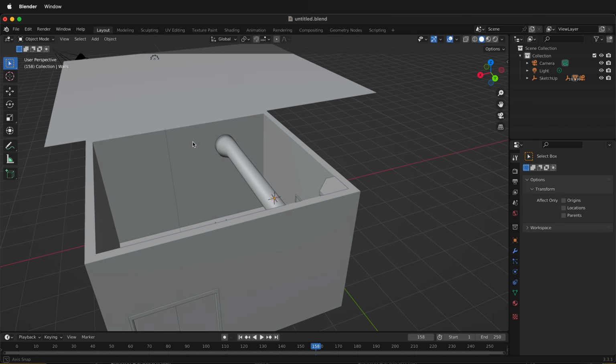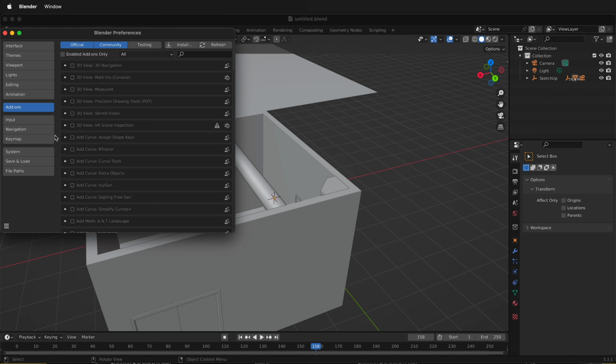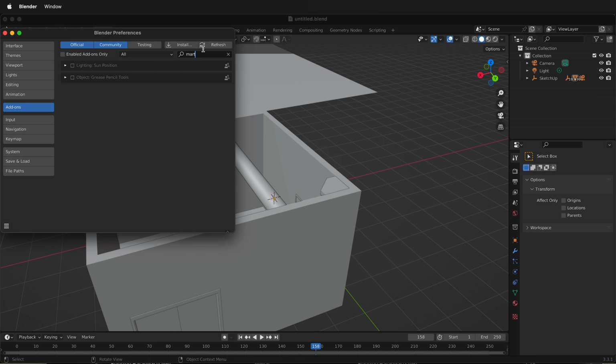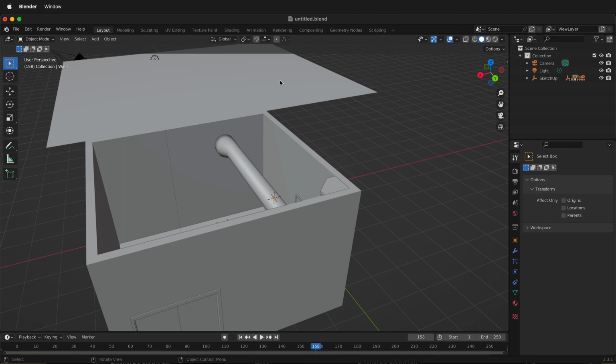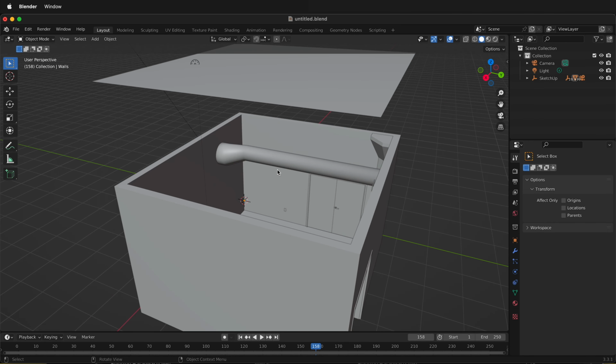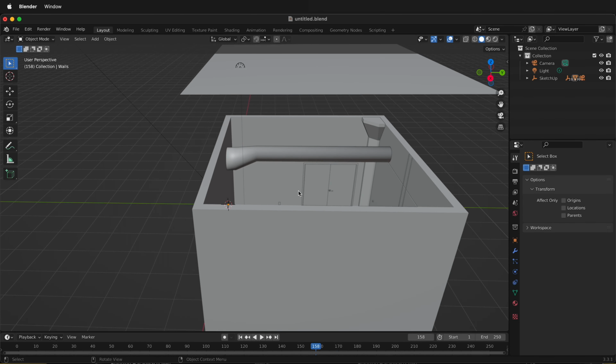Before we get started adding materials, we want to change some preferences. So we'll go to Edit, Preferences, and then under Add-ons in Preferences, we're going to use the search bar and we'll type Materials. And then we want to enable the material library. So just click this box, and that'll give us access to some default materials and allow us to start building our own material library. And it's great in Blender because materials go past different files, so you can use your